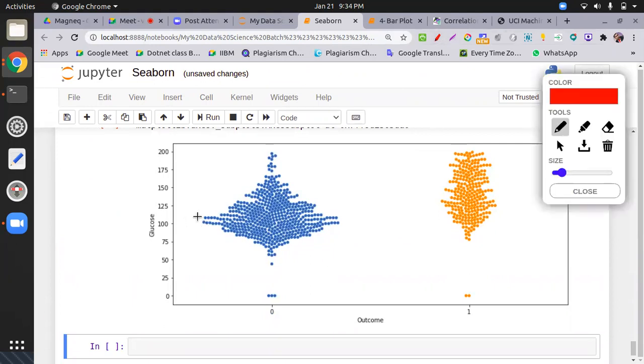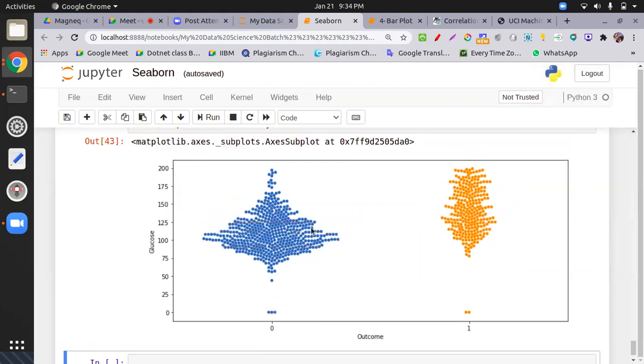Let's suppose for 100, you can find that in the width. For a 0, a non-diabetic person, you can find how many data points are at 100 or 110. Similarly, for one, the higher frequency points you can find in this range. So the swarm is created, and its width depends on the number of data points.